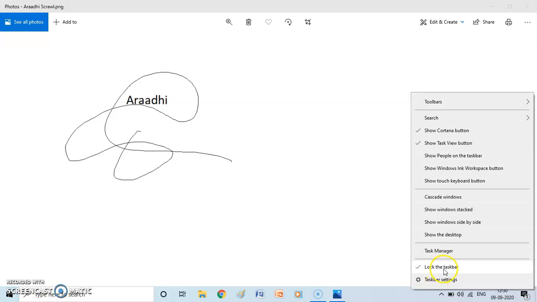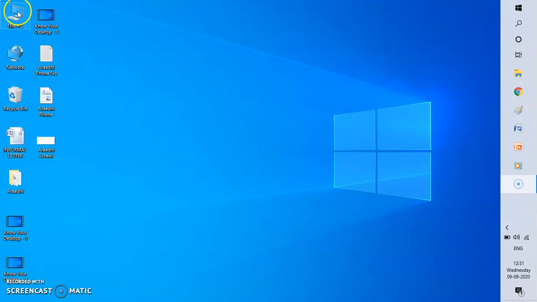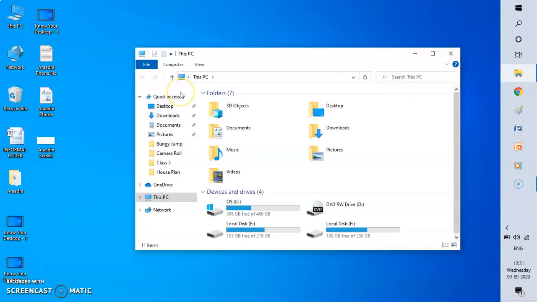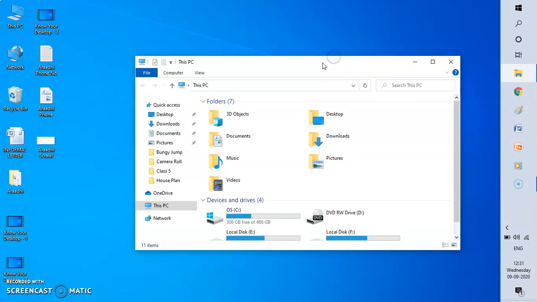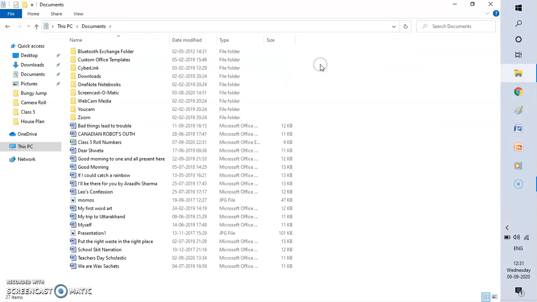Let me move this here. Now let's quickly recall all our videos. So let me close this. My computer, this computer, shows the list of disk drives. You can see all the disk drives are mentioned here. I already taught you this. Then the document folder displays the documents. This is the document folder. It shows you documents.